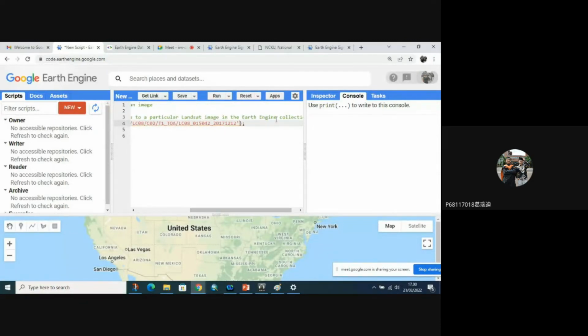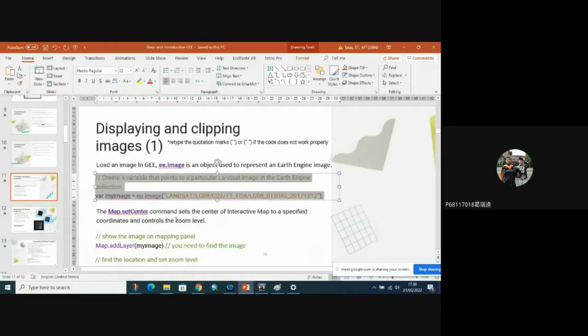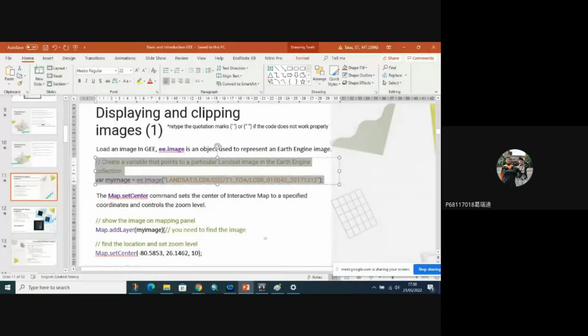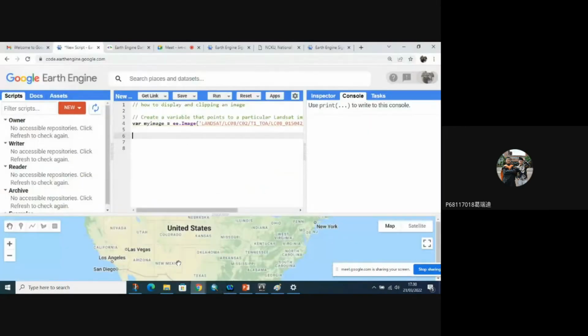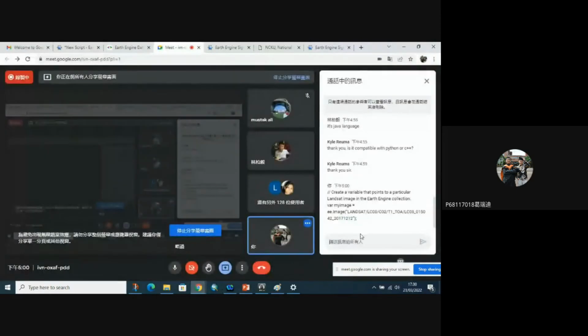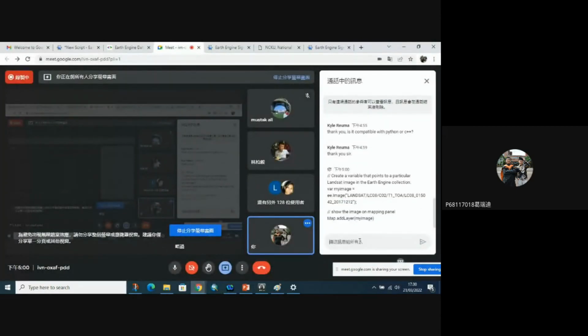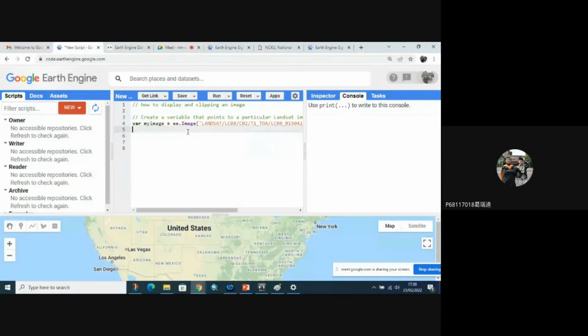After that, we have to add a layer for the image to show you where the image is.